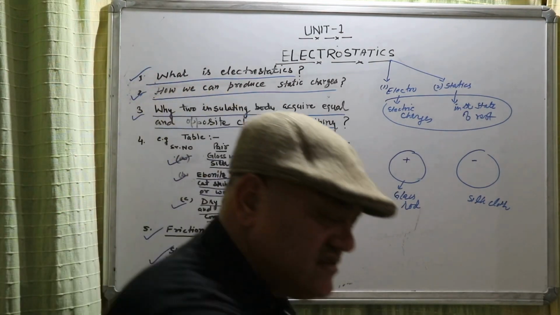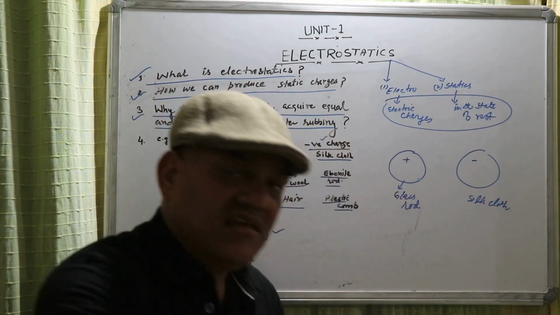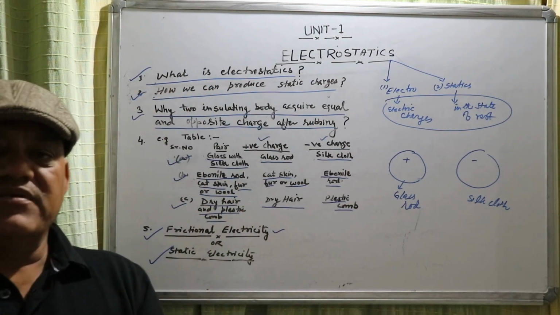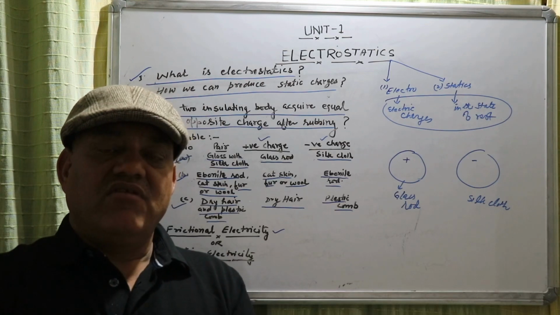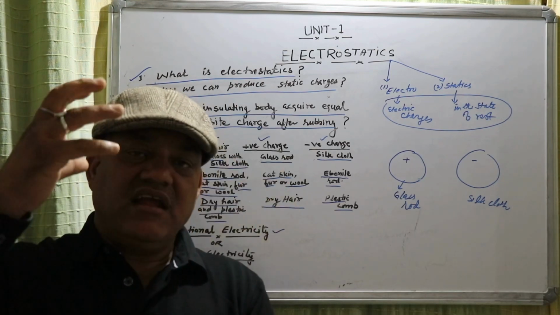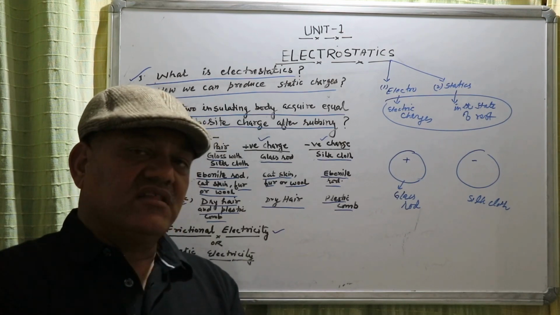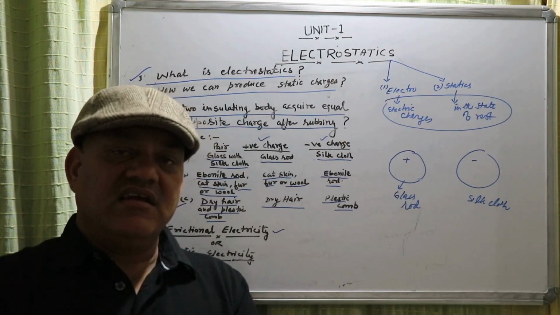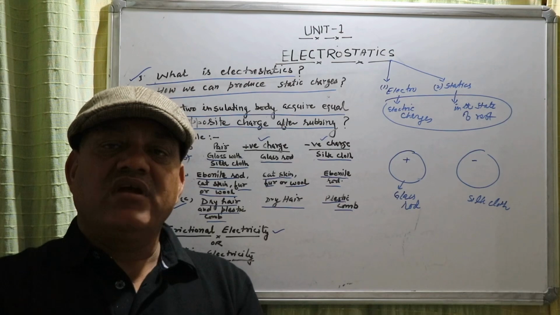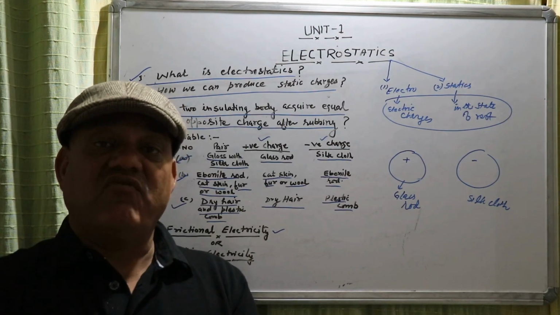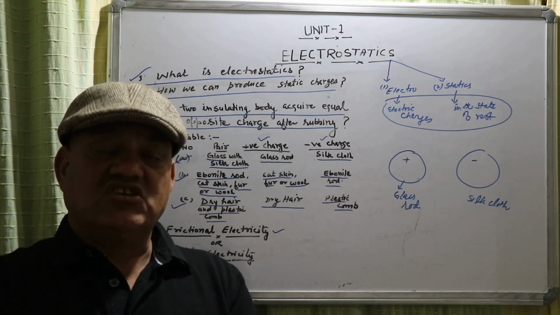It means, इसका मतलब ये हुआ कि जब हमने बैलून को अपने ड्राई हेयर के साथ रब किया, and due to the friction, due to rubbing, the balloon gets charged, it gets electrified, इसके ऊपर चार्ज आ गया,